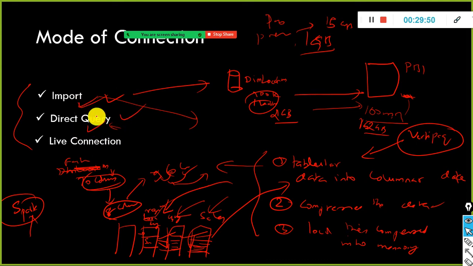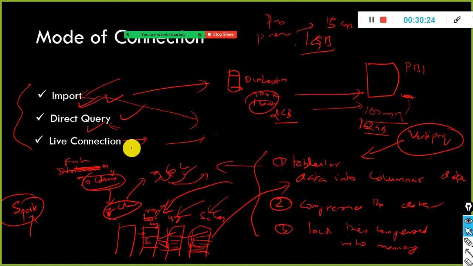Now you understood the exact difference between these two, and the internal mechanics of import also. The next one is live connection. In live connection, your Power BI desktop will directly connect to your live system. But when it comes to live connection, in Power BI, the live connection is supported only for three different sources. One is